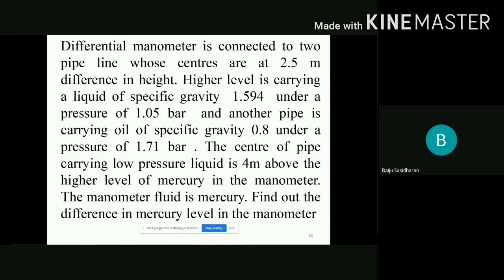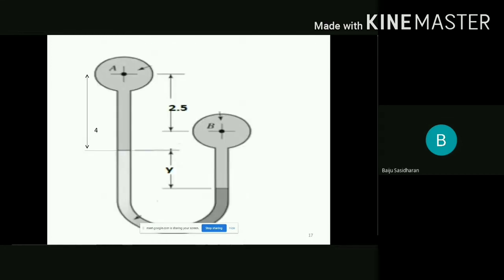Another problem based upon this concept: a differential manometer is connected to two pipe lines. So you can read, and I will explain with this figure. Here one pipe is connected, here another pipe is connected. Here it is A, so the pressure at this point will be PA. Here it is B, the pressure at this point will be PB. And here is a manometric liquid, here is the manometric liquid. Okay, so if you are making a reference line here,